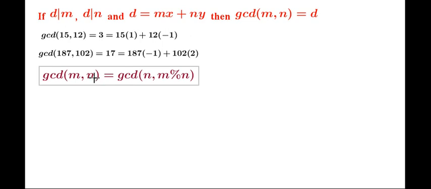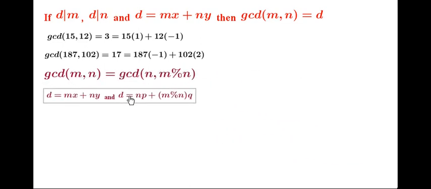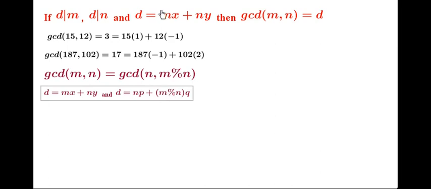Now the question is, this is useful to calculate the first value, which is nothing but GCD. But now we also need to calculate these two values. Okay, so from this particular theorem, we can say that D can be represented as mx plus ny for GCD of m comma n, and the same D can be represented as a linear combination of n and m modulo n. Again, we are applying the same theorem here, since the same D is also GCD for n comma m modulo n. This we have already shown in Euclid's algorithm.